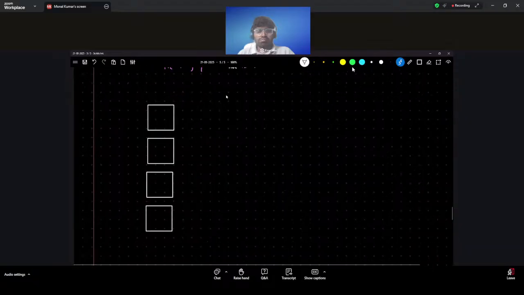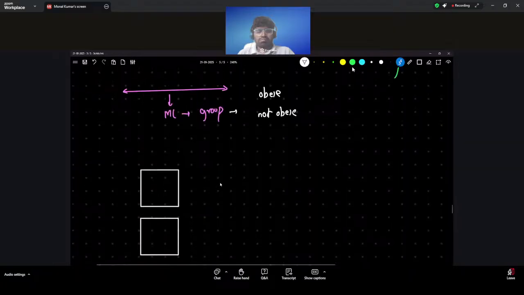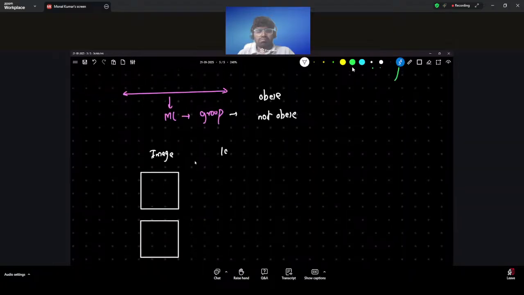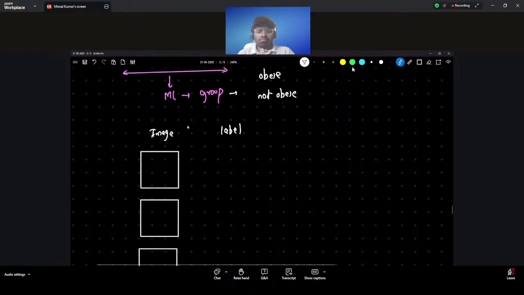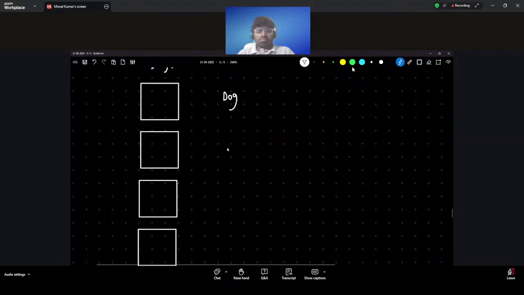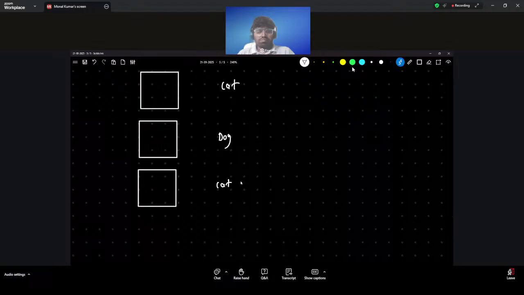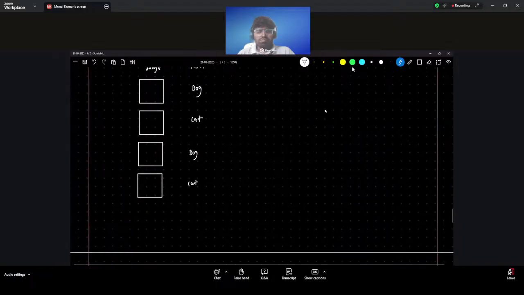I have an image. This particular column is image and this particular column is label. Image is also a feature, but we don't use it the way we deal with machine learning data. Just for the example, image is one column and label is one column. Suppose this image belongs to a dog, this image belongs to a cat, this one to a dog, this one to a cat. All right. Now, what I want to do,